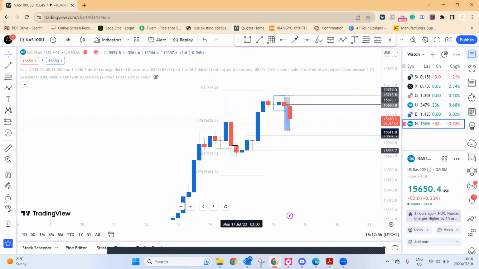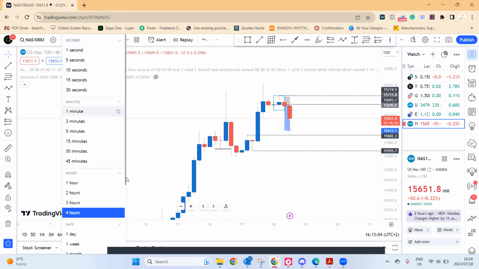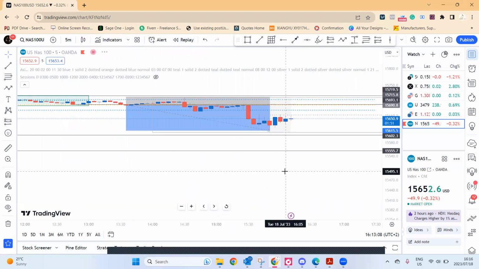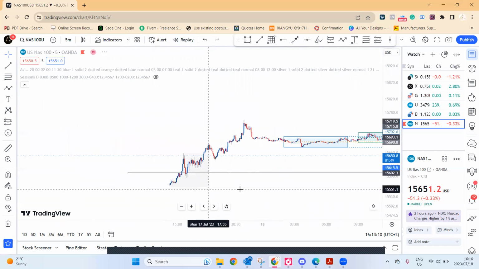Because I saw that as a low point, I was expecting a push into this wick, this liquidity wick here before dropping, and I was looking for buys in the session. And so that's why I was looking for buys. So I was bullish in the session. All that needed to happen then was a candle close above